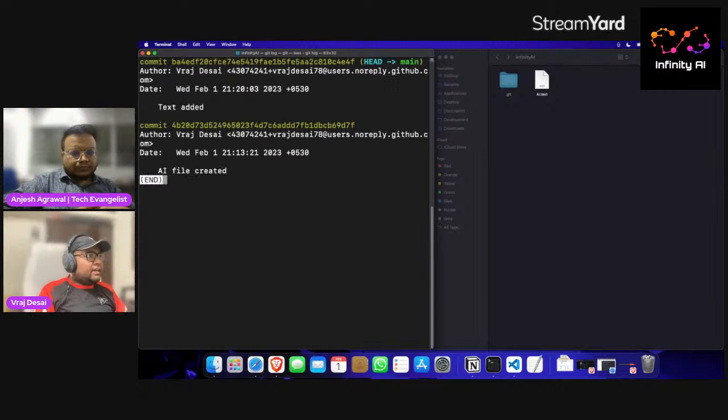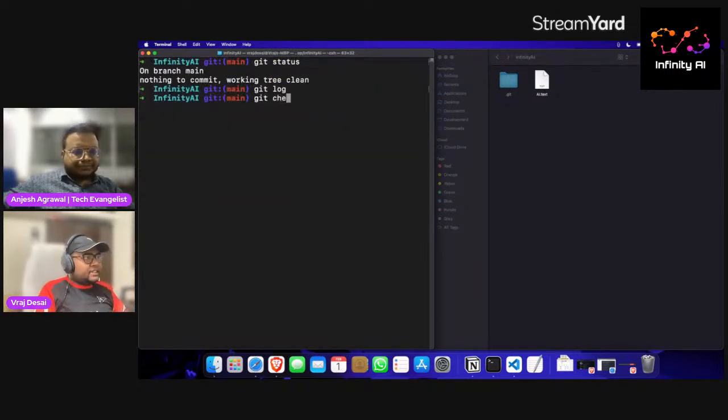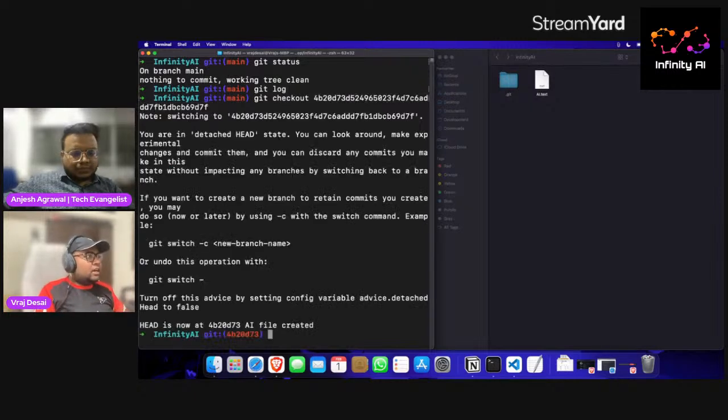Now I can enter git log again. If I want to revert to a commit, I can write git revert, or I can also check out to this commit hash. So let's say I just want to check out to this commit hash. For that, I can copy this, and now I can write git checkout and this commit hash. Now if I enter it,